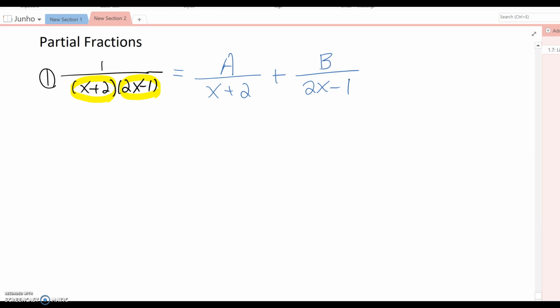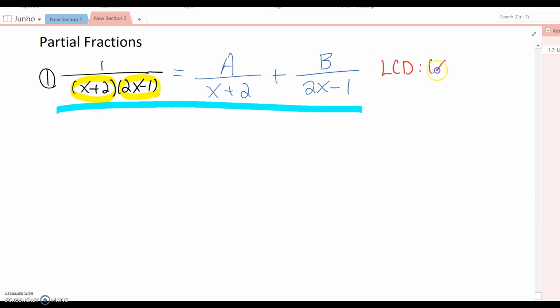So next step, now look at the whole fraction equation, and you need to find the LCD, the least common denominator. As you noticed already, the LCD becomes (x plus 2) times (2x minus 1). Whenever we do a rational equation, we try to make everything an integer form. So now we want to multiply the LCD by every fraction. Then you will have,